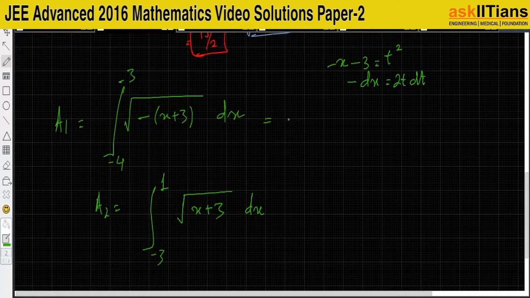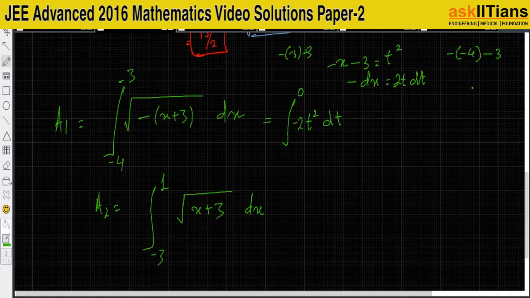So what I'll get is t, and dx will be minus 2t dt. So minus 2t square dt. And what will be the values of t? If I put x equal to minus 3, I'll get minus of minus 3, so t will be 0. Here t is 0. And if I put x equal to minus 4,